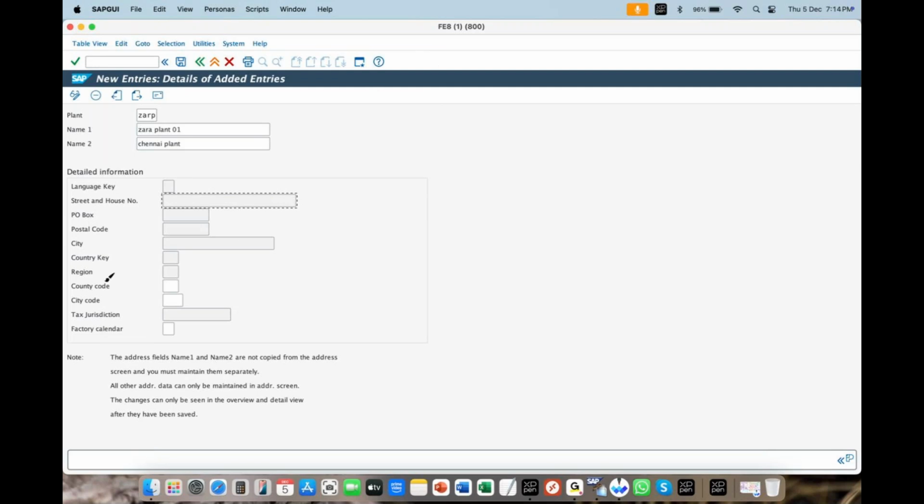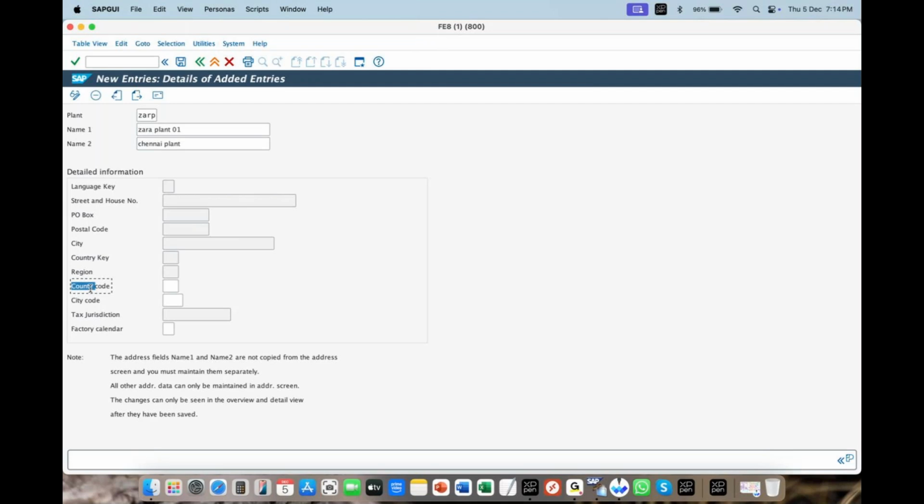If I ask you to read, can anybody read what this is? Country code, city code. Yes. Again I ask, again you say country code. But please understand, it's not country, it is county. Even initially, when I was learning, I also thought it was country. Don't think you are the only one who made this mistake, because only one letter differs between country and county. So it is county code.